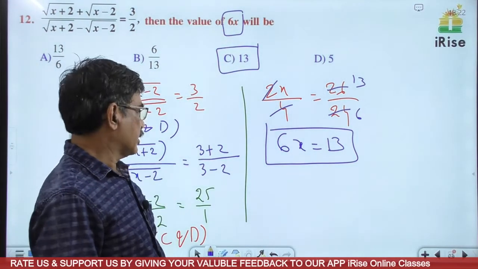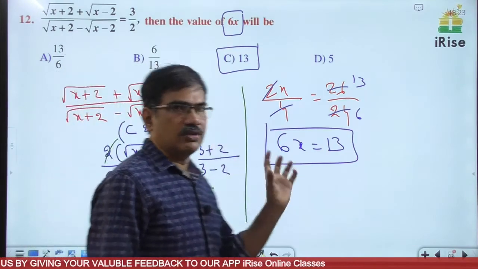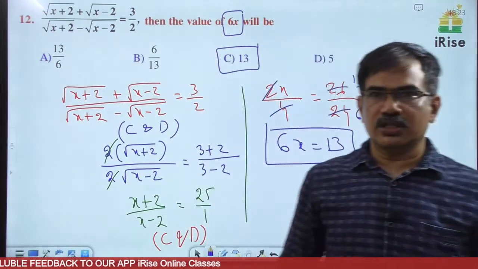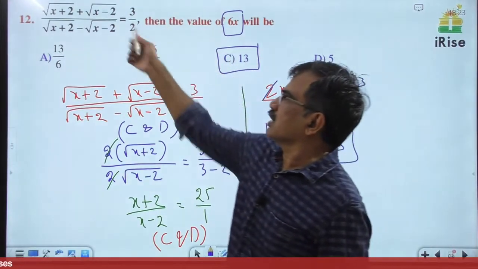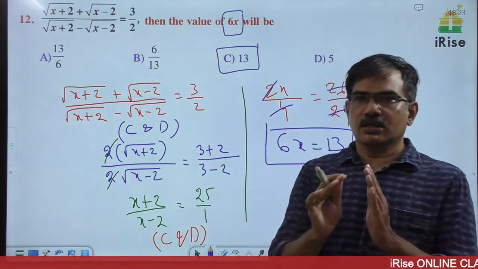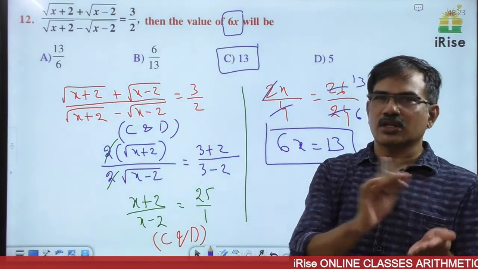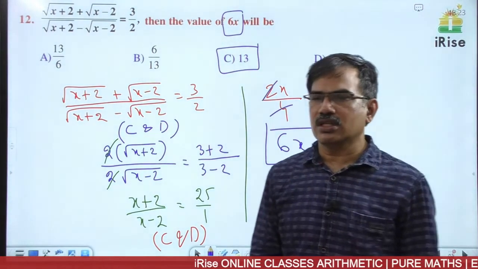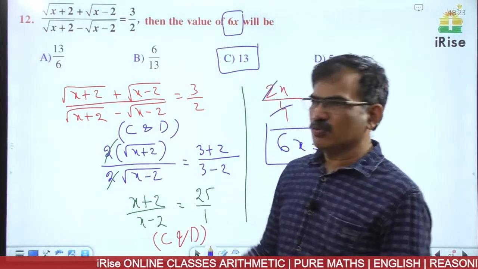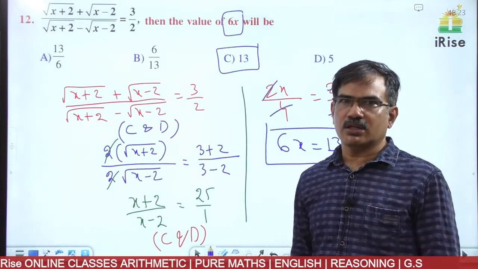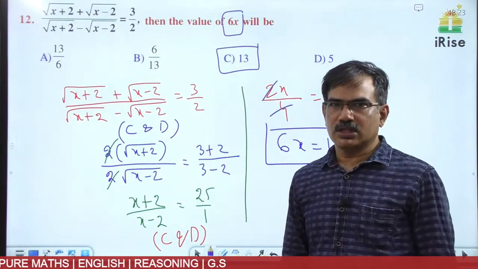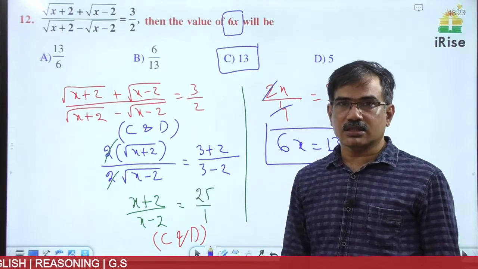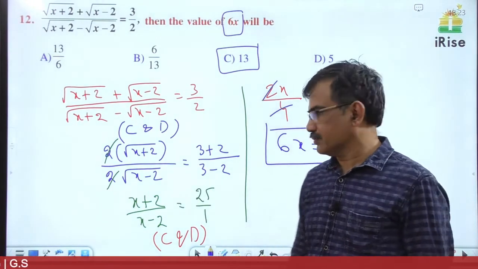Very easy question, I think. If you know the componendo and dividendo rule, the question is very easy. Just cross multiplication, writing the same terms on one side, and squaring also gives the answer. This is one more method. If you know this method, it is useful for some other questions also in indices and sets. Okay, right, next one.